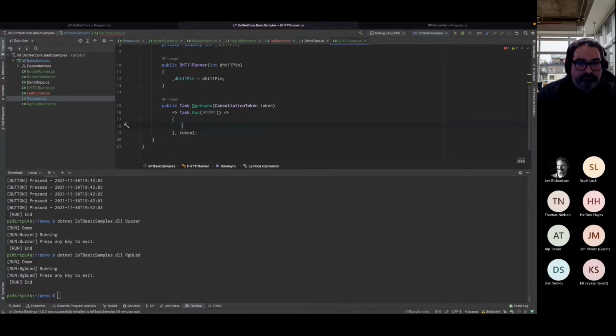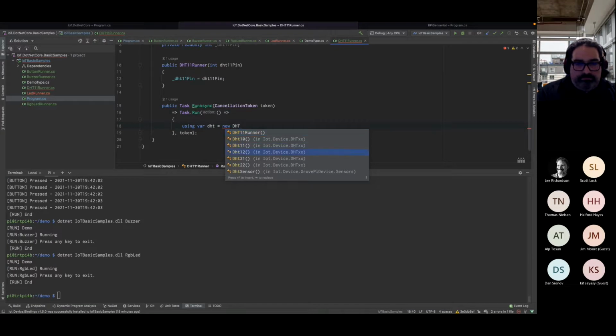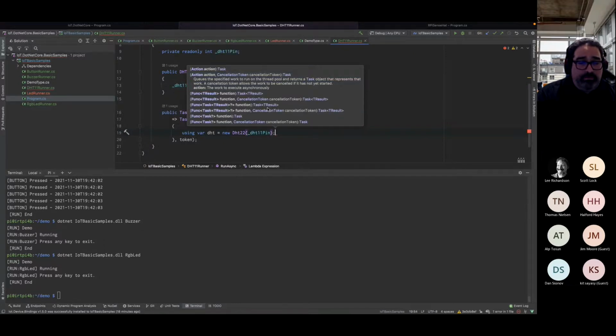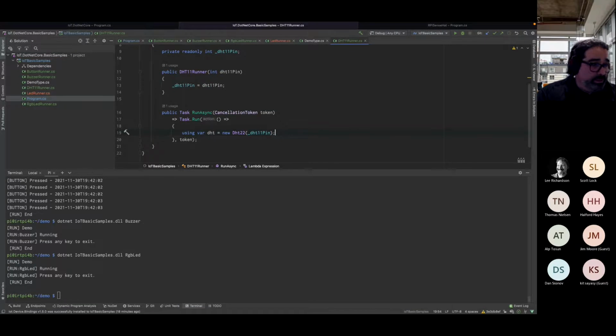So let's get that DHT11 instance. I'll just call it DHT. I believe it would work even with a DHT11 or DHT22. It really doesn't matter. The important part here is that by providing the pin, we're telling the binding that we're actually using single wire communication with the device.